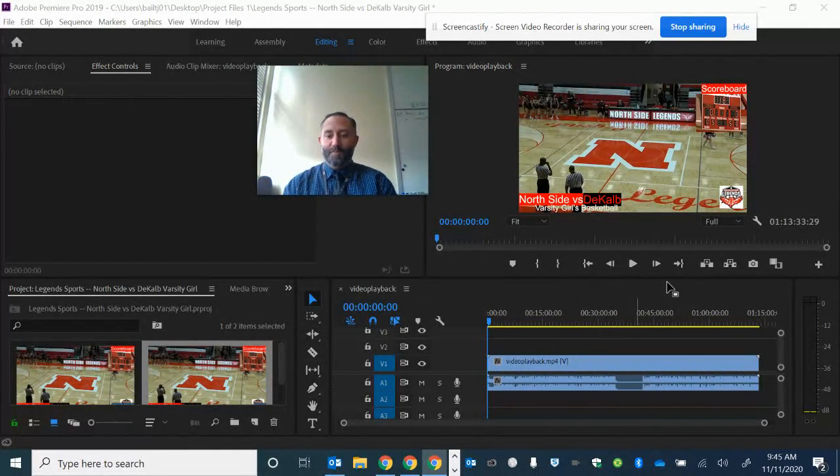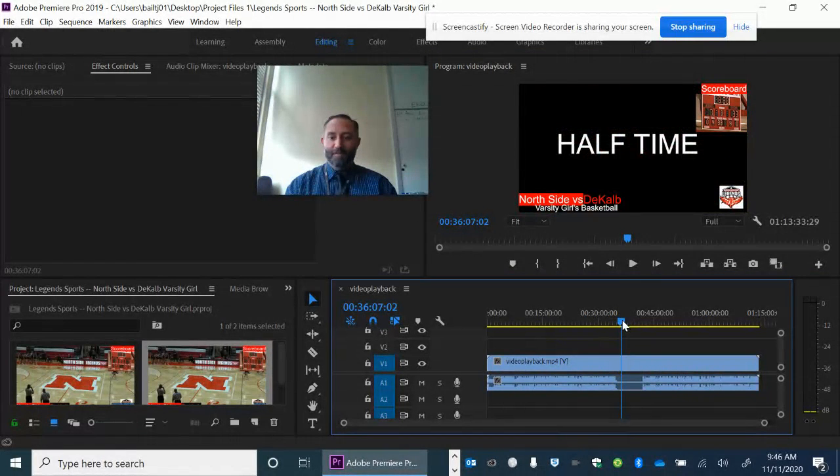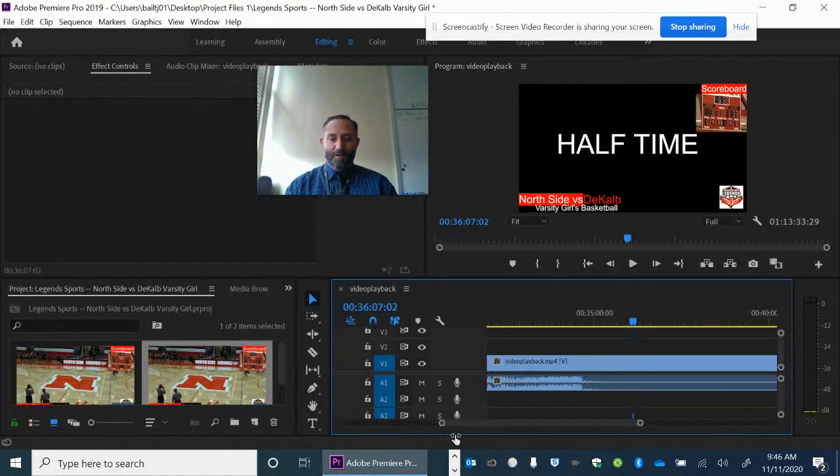Last night, the varsity girls basketball game played against DeKalb, and when we got to halftime of the game, I'm going to move the timeline to just before halftime. You can see that we're starting to shut down for halftime, and when you actually get to the halftime part, you'll see that it says halftime. Well, if I zoom in to that part of the clip, I'm going to go a little bit. There we go. You'll notice that halftime starts at about like